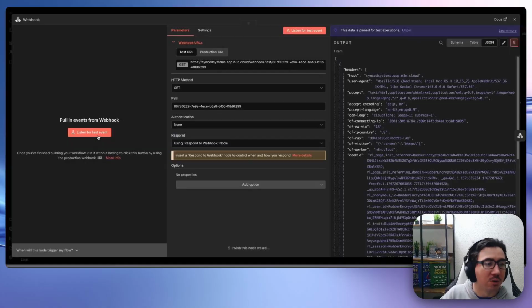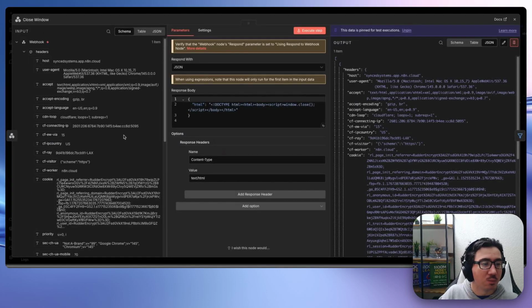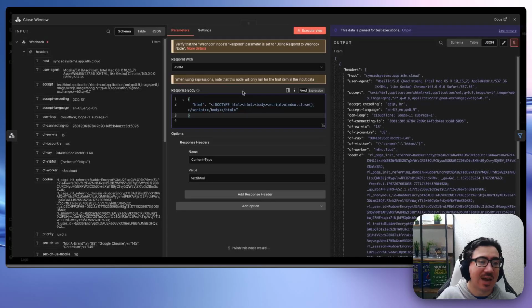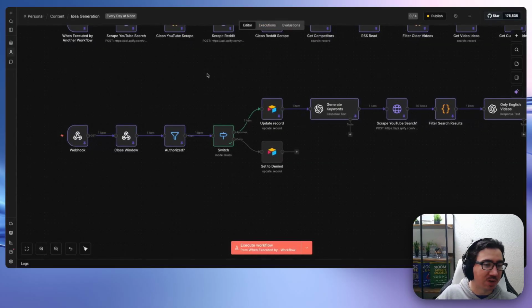So how to auto close those tabs for those of you who use Airtable. You want a respond to webhook node. Then the very first node, we can just simply have content type be a header and the value be text/HTML. And we're going to return with this code here. If you know basics of coding, you can probably just guess, even if you don't. window.close will close the window. So we're basically returning this as the actual HTML of the web page, which auto closes the tab. Super cool, super convenient. Then we're simply just going to check if we're authorized.